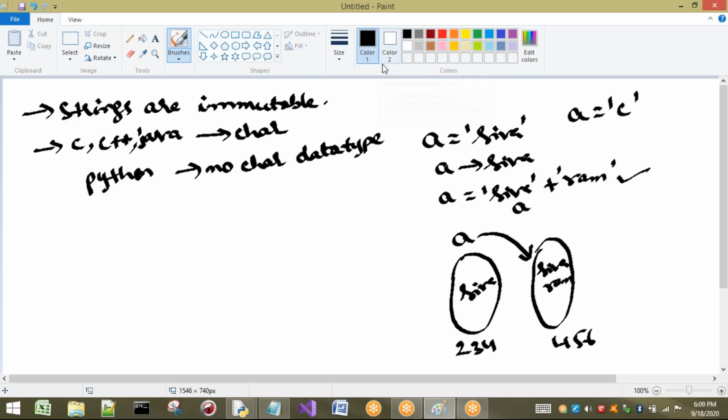Now the next point is multi-line strings. Already we know that to represent a string I have to use single quotes or double quotes. Sometimes you use triple quotes also. If you want to represent multi-line strings, we can use single quotes.